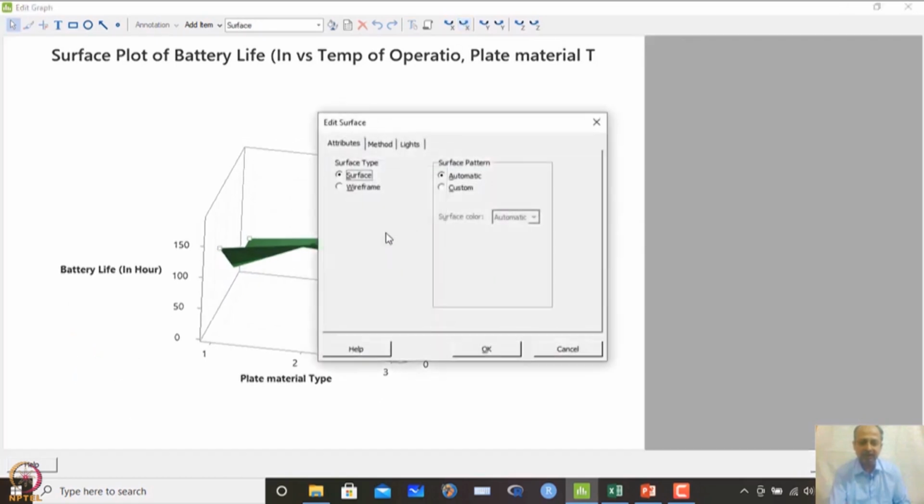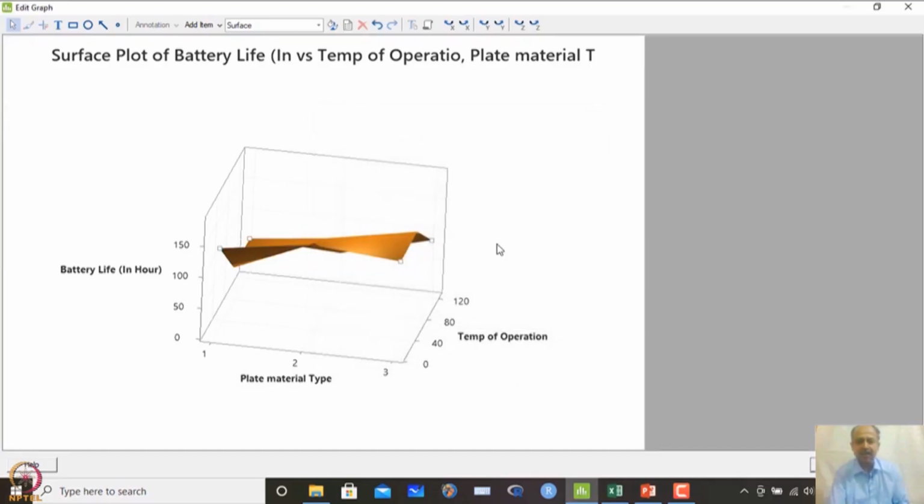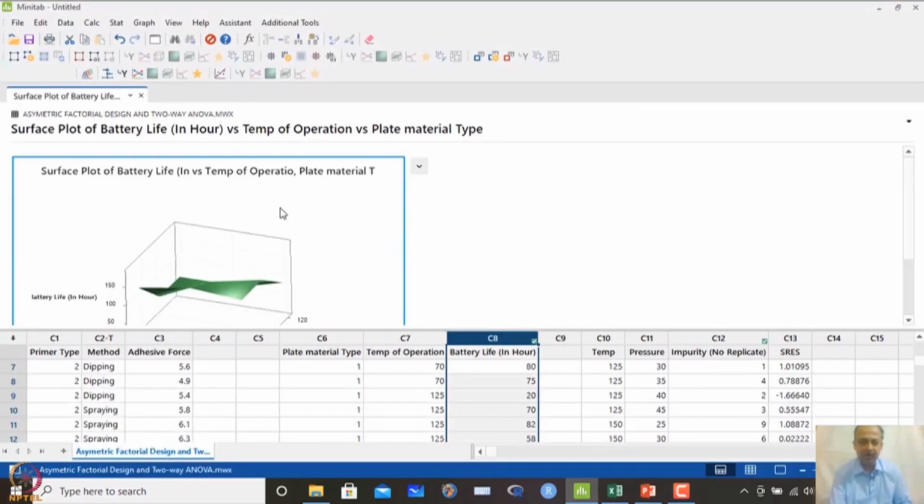You can also customize the surface. So, if you want to change the color, you can change the color like that. Okay, that is possible over here. So, you can change the color, then you can see which is the lower surface, which is the upper surface, and the curvature that is present in the surface. So, one is a categorical variable, one is a continuous variable, and battery life is continuous. So, we can see the plots of this. This is possible over here, and then what we have is that we can also have a